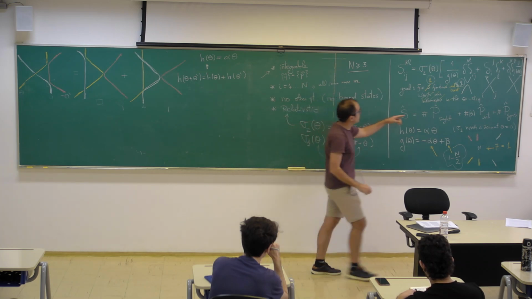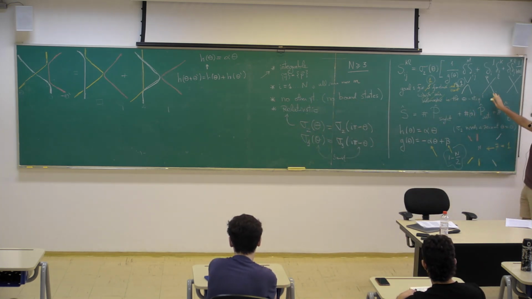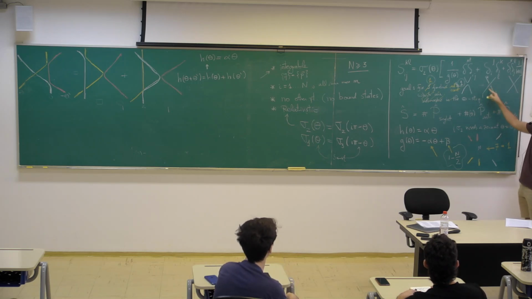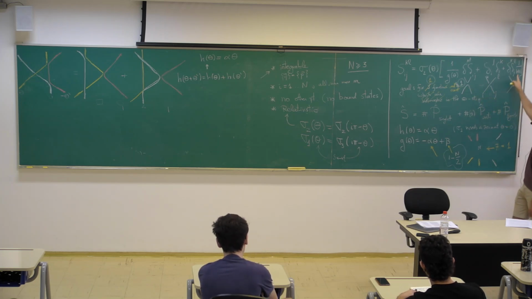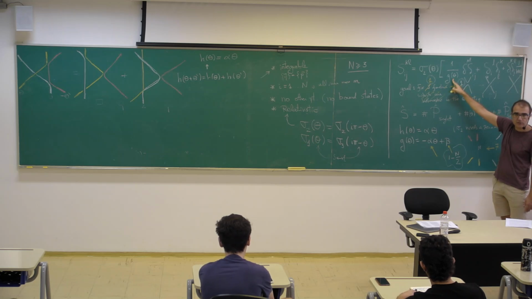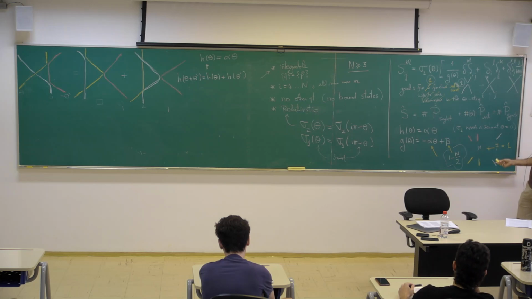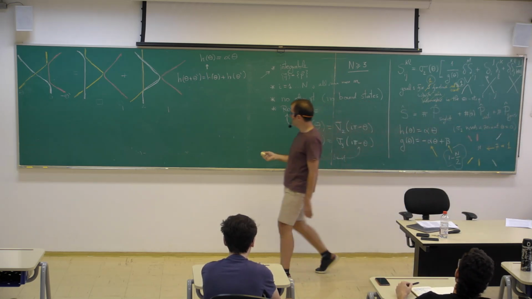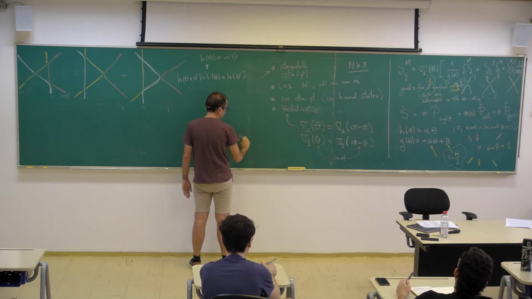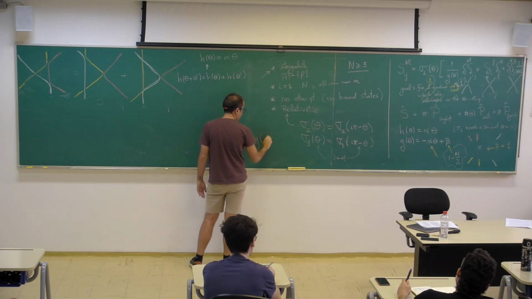But let's look at these tensors. If I swap time and space, what happens? This tensor is invariant. Looking at it like this or like this is the same thing. So the coefficient of this tensor should be invariant under crossing symmetry. But this tensor becomes this and vice versa, and this becomes this. And so under crossing symmetry, this function should become this function. And that means that h of theta should be g of i pi minus theta.